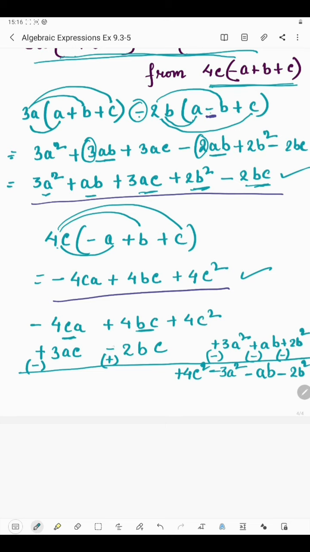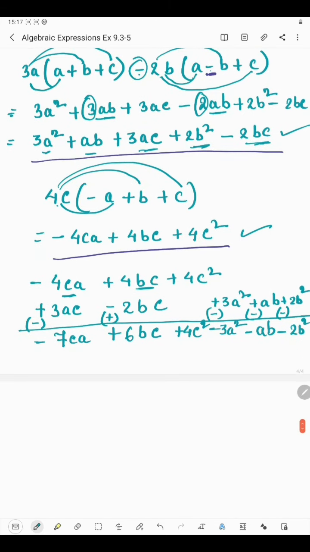Now here we'll just calculate this, 4 plus 2. Here this minus has become plus, right? Now both the terms are positive, so 4 plus 2 is 6, so 6bc, and since both the terms have plus sign, here we'll put plus sign. Now here both the terms have negative sign, so minus minus plus, so 4 plus 3 is 7, but here sign will be negative as both the terms have negative sign, minus, and then we will write the variable part which is CA. Okay, CA and AC is same, so we'll write CA.